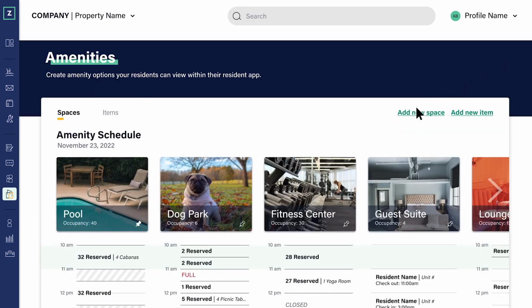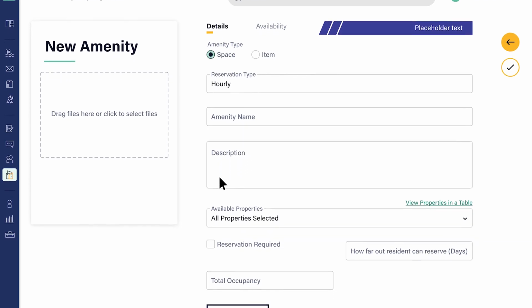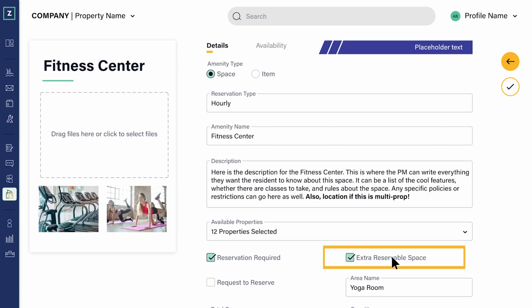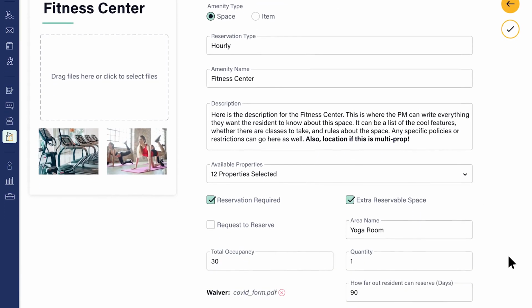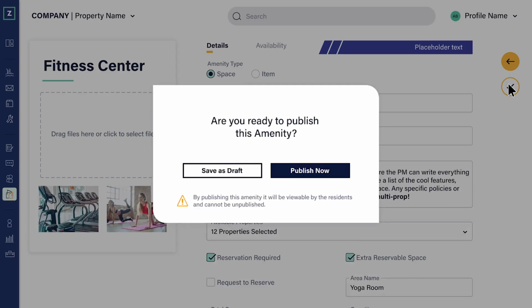New amenities can be created with photos and details in just a few clicks using a single template, including the option to include an amenity waiver with signature frequency requirements. Adding extra reservable spaces for an amenity such as pool cabanas, fitness center treadmills, and yoga rooms is also quick